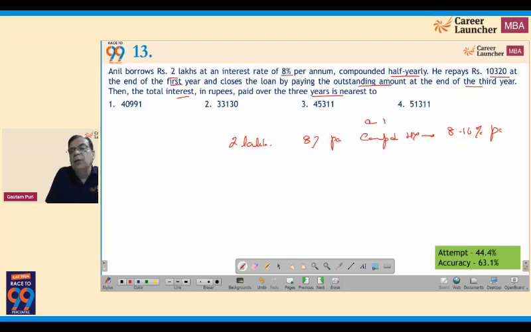Why? Because these are nothing but two successive increments of 4%, so a single increment of 8%. It's 8.16%. But we don't need all this stupidity. Now, if it was simple interest,